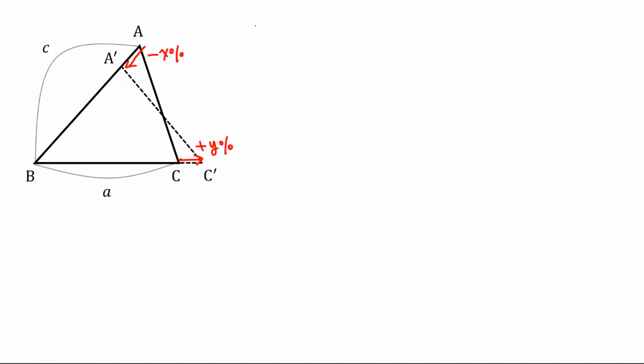Alright, so first we have to calculate the new side lengths. The side length BA' is, since it is decreased by X%, c times (1 minus X over 100), and the side length BC' is, since it is increased by Y%, a times (1 plus Y over 100). So therefore,